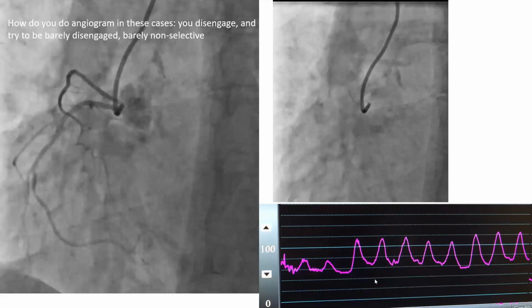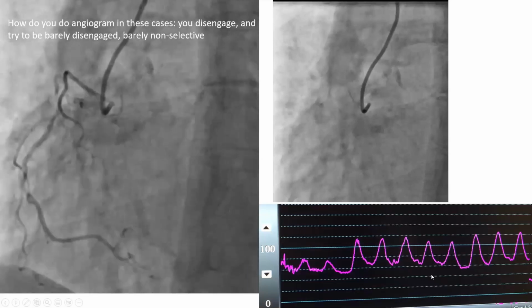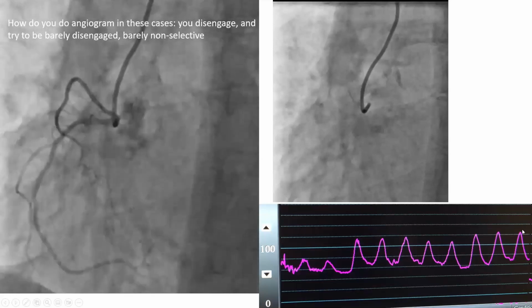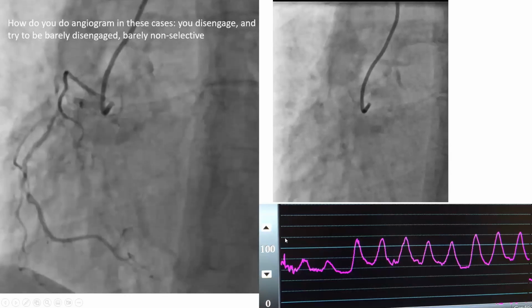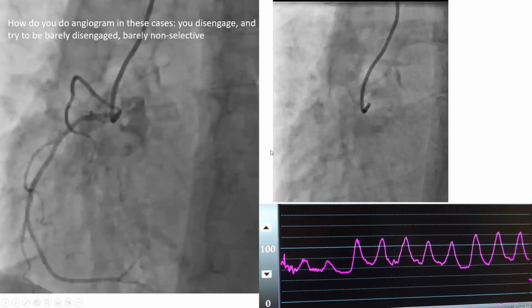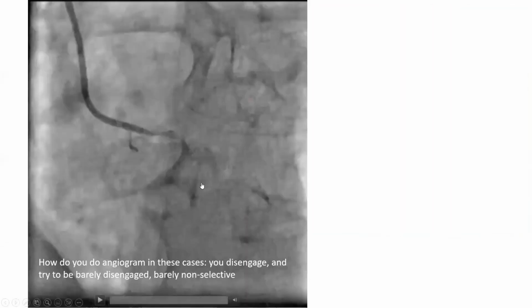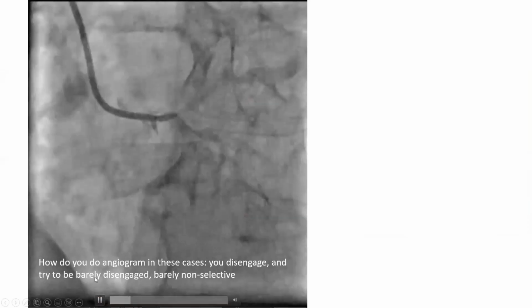So we progress from damped to ventricularized to a more normal arterial waveform here. Then we inject in a barely disengaged position with a normal waveform. So you try to be barely disengaged and you watch your hemodynamics, you make sure they are not ventricularized or damped. So that's the best answer,